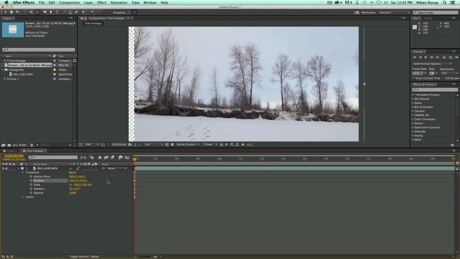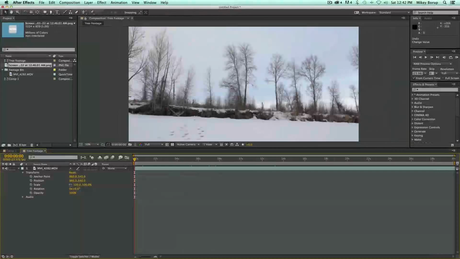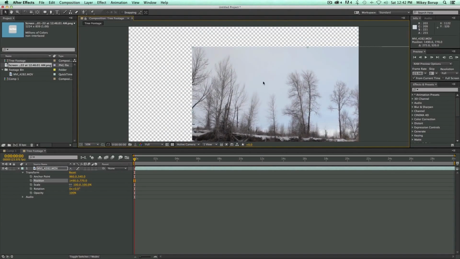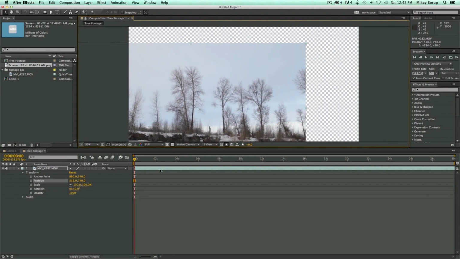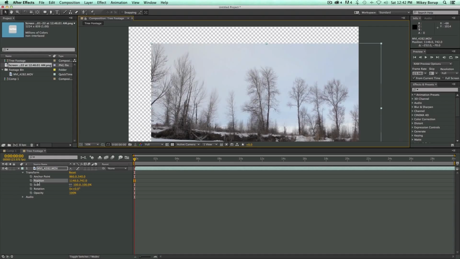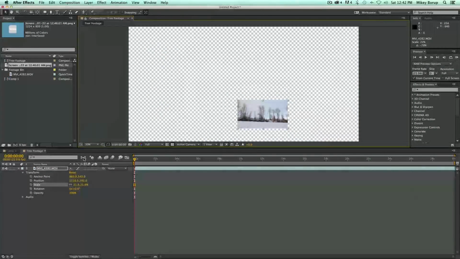Now, position, again, it's just where it's located. And for position, I can just use this arrow tool up here. This is the selection tool, and I can move things around fairly easily. Once I click on the layer, you can see this bounding box, and this is going to alter the position. If I click on the bounding box and scale it down, that's going to alter